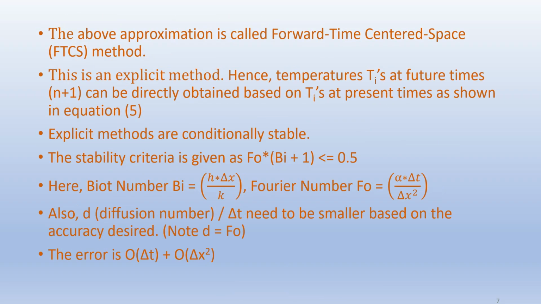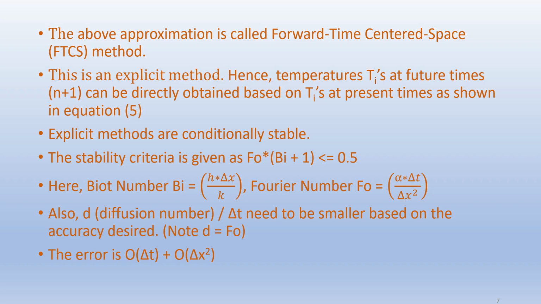The above approximation is called the forward time centered space, or FTCS, method. This is an explicit method. Hence, temperatures Ti at future times n plus 1 can be directly obtained based on Ti at present times, as shown in equation 5. Explicit methods are conditionally stable. The stability criteria